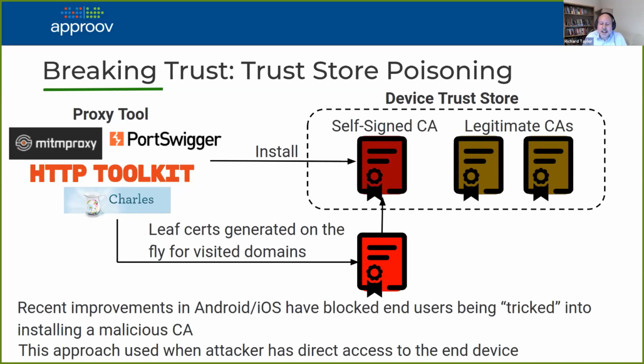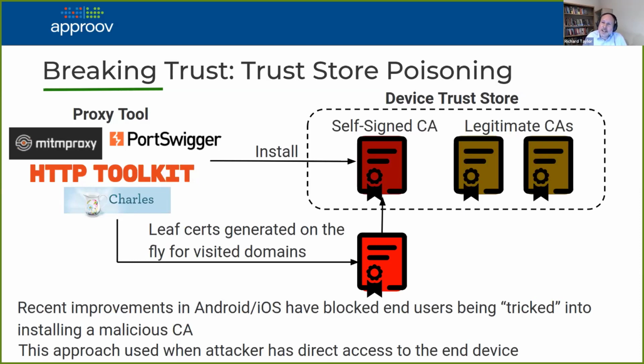And so when your device tries to connect to that particular domain, you've redirected the traffic to the proxy rather than actually going to the server. Everything will check out because, as far as it's concerned, it's got a chain of trust to something which is trusted on the device. And then from there, the proxy tool will connect to the real server, allowing the traffic to continue. But actually, there's this proxy in the middle that's seeing all the traffic. You can replay the traffic, and you can modify the traffic if you want.